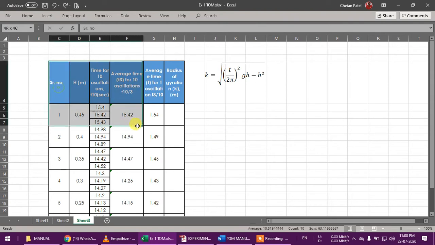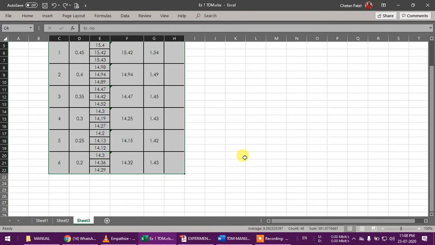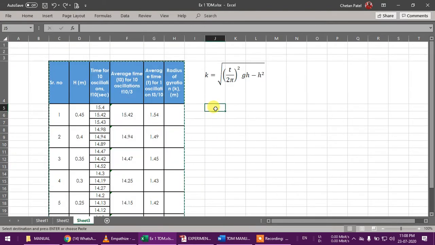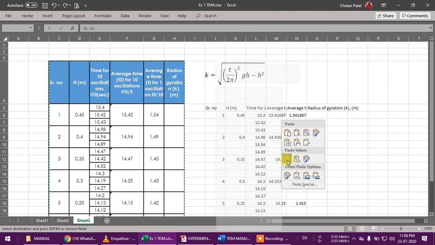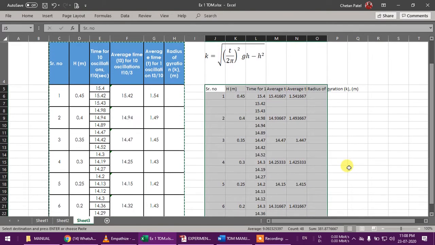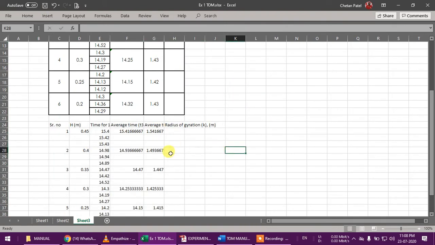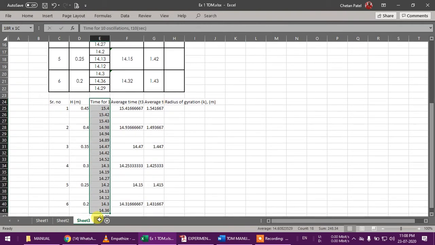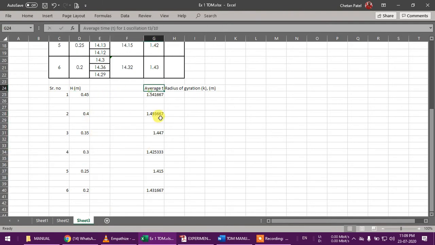So on the contrary, let us copy this data, Control C, and not just paste here, but right click and use paste special, just the values that we need. So it will be something like this. Let us put this at the bottom of this to keep it in some usable form. Now we do not need these values, so you can just delete them. Also we do not need this average value. What we need is H and T.